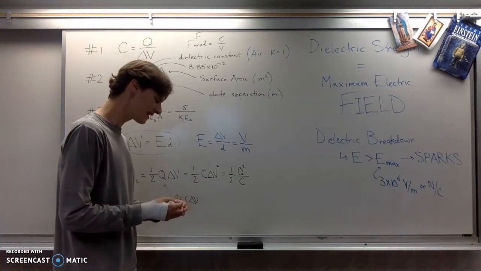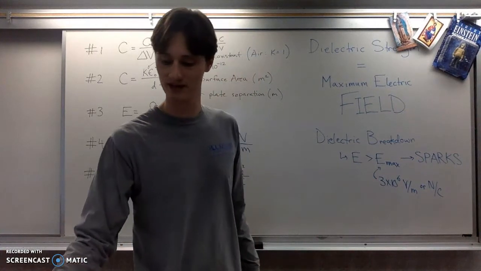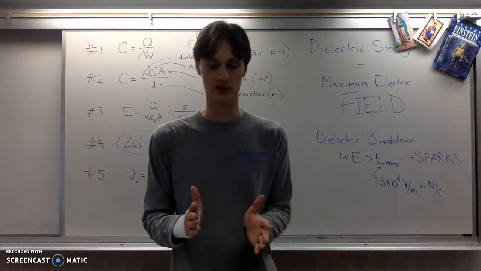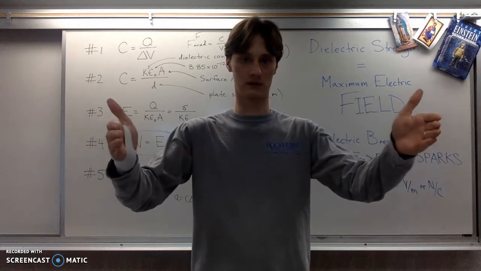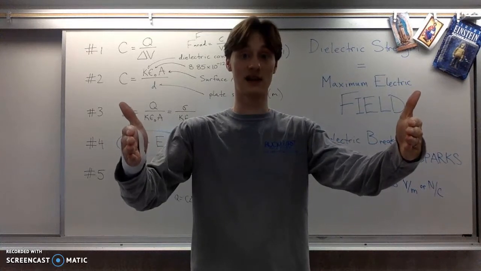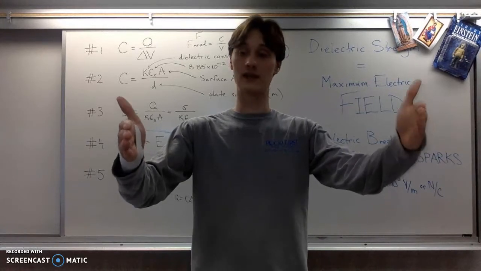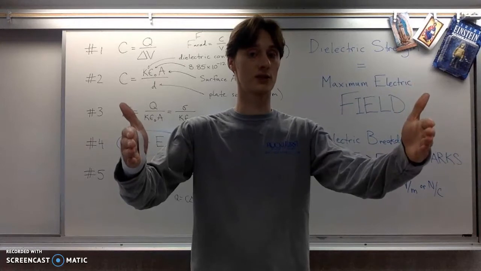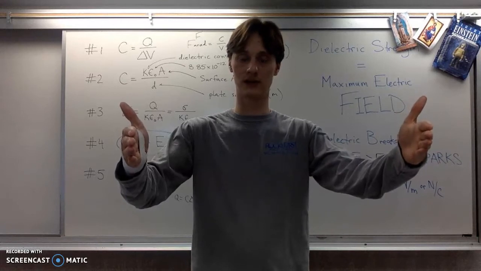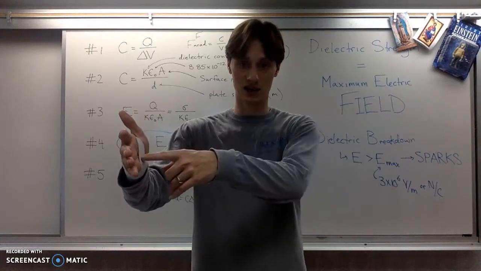Now, what does that unit really mean? Like if I say it's 3 million volts per meter, what exactly is that all about? If I put my hands a meter apart, I can't do this in the video so that my hands look normal. There, let's say that right there is a meter. It's not, but that's okay. If the dielectric strength of air is 3 million volts per meter, then it would take a potential difference of 3 million volts between my two hands